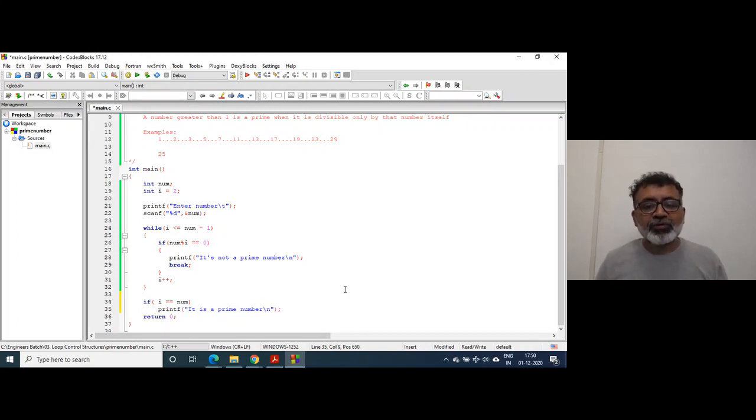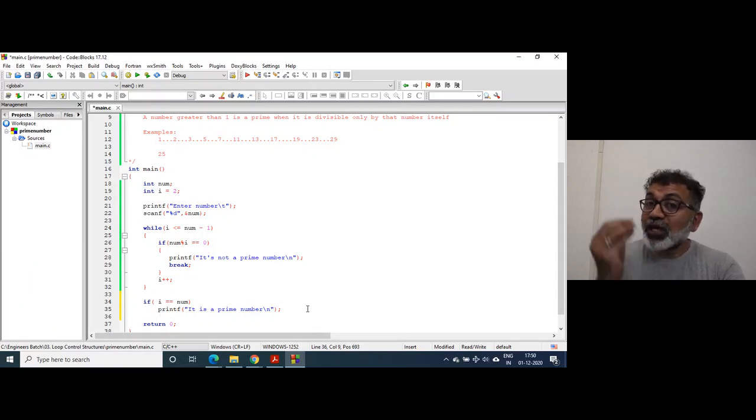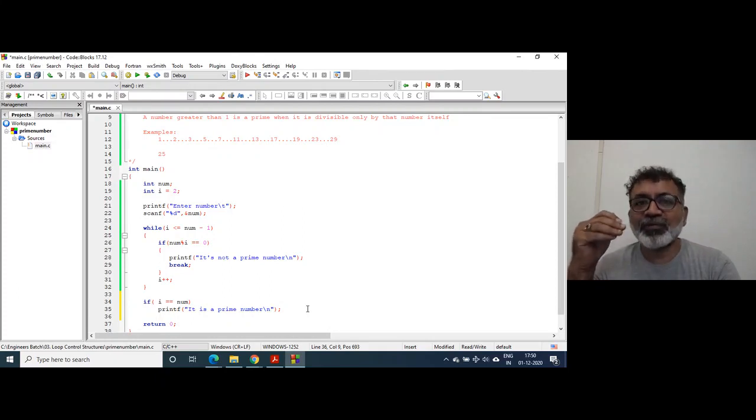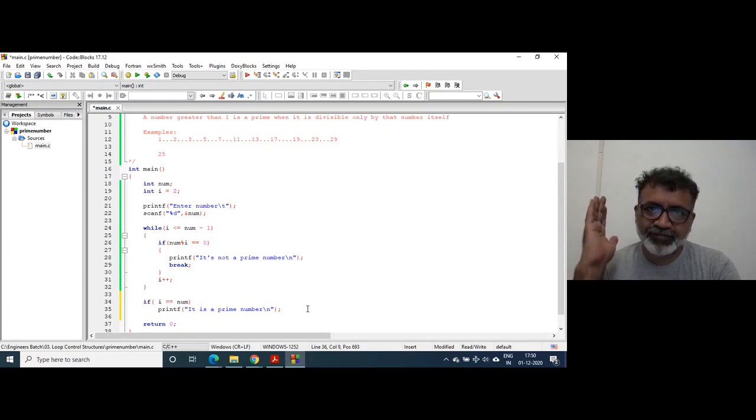When I taught you the if control structure, I said that there are a number of situations where you need only an if control structure. There is no question of writing else. This is one of the perfect examples where there is a need of just the if control structure. There is no question of writing an else part.